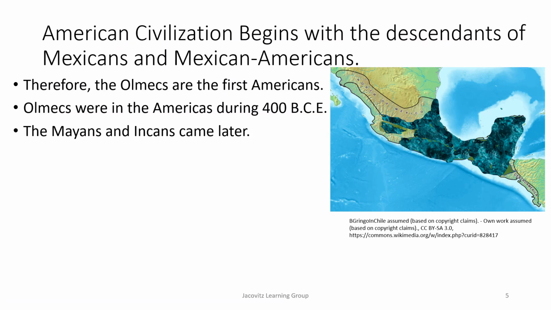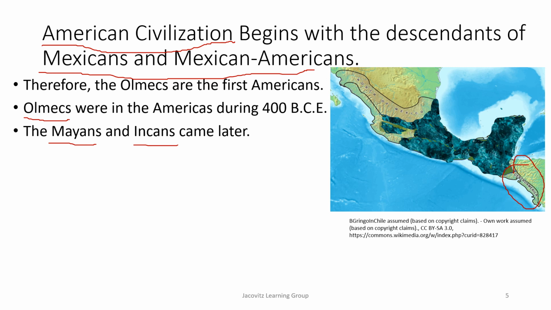Okay, so American civilization, as far as we're concerned for this test, there may be something else, but it really begins with the descendants of the Mexicans and the Mexican Americans. And here's why. When you click on this map, which I found from Commons Wikipedia, you're talking really about Central America, which is over here. You're talking about going over through Panama, going up, and these are the people here that came from them. We've all heard of the Mayans and the great Mayan culture and the Incans and how they were buried under, and we still have some Mayans found in Peru, found all over South America, some of their civilizations. But the Olmecs